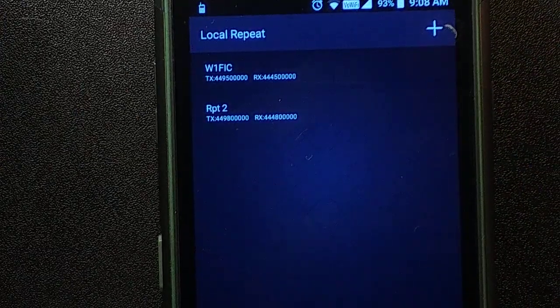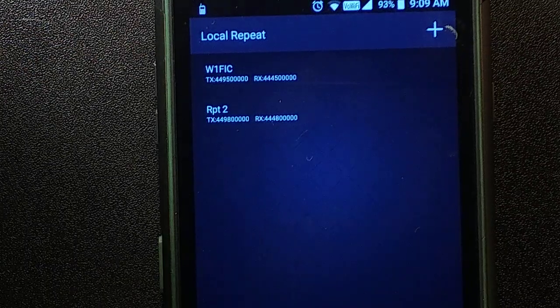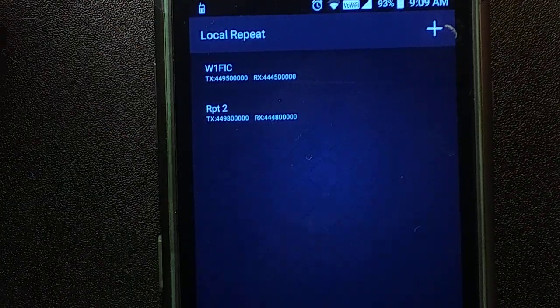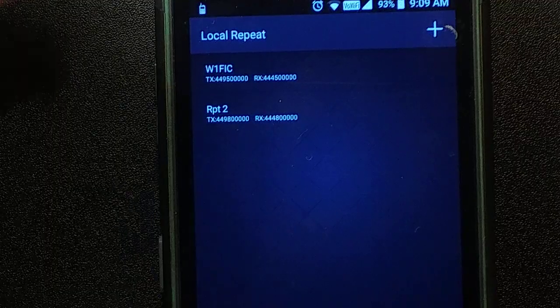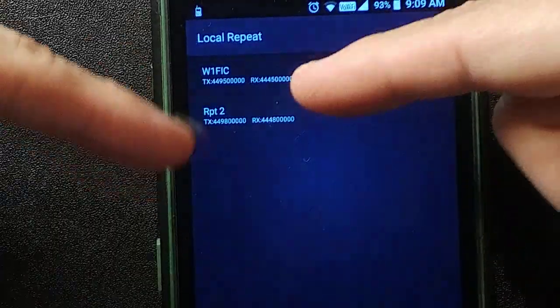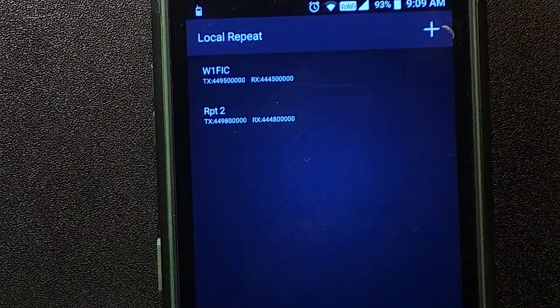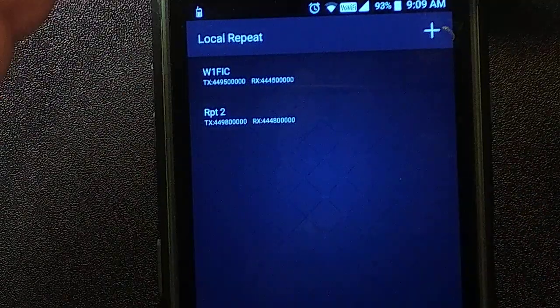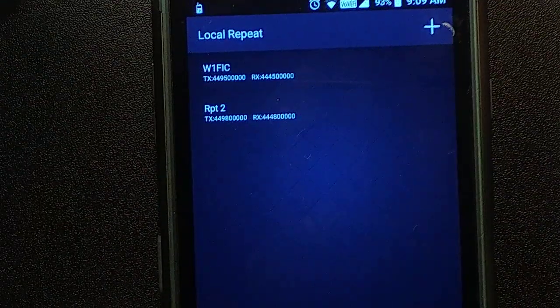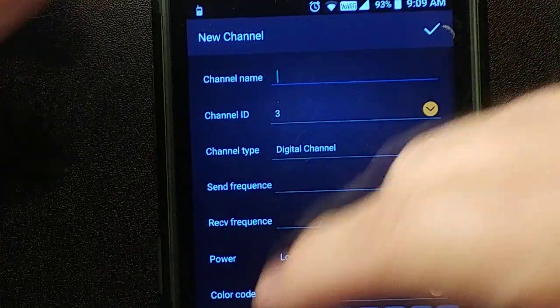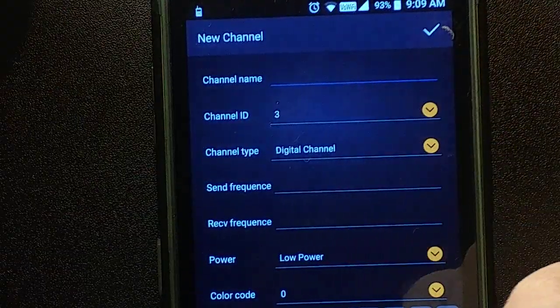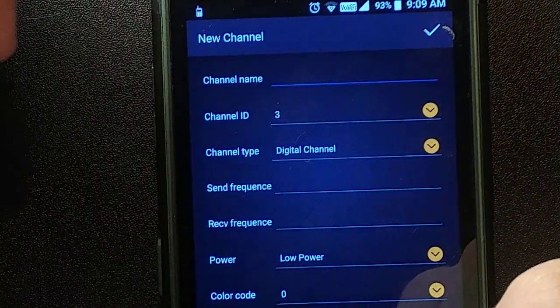They've put a new repeater up in town, and it's between 444.500 and 444.800. It's at 444.650. Well, I want to put it right here in between the two because I want to keep them in order of their frequency. Well, I can't do that. So if I had a new one, there's no option simply to say like right here,